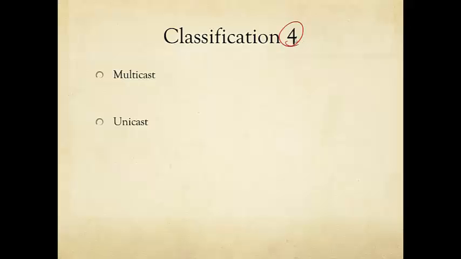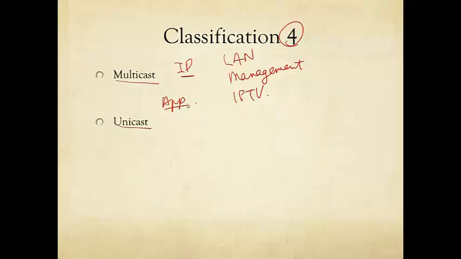The fourth classification is about the number of destinations. Are there many or just one for each piece of content? Now we saw that you can run multicast in the network layer with IP multicast, but because of the management overhead, usually it's only used in a local area network, LAN, or is used in network management protocols, or it is used, as we will see, in IPTV, deployed by an ISP. But you can also run application layer multicast, for example, BitTorrent, or PPLive.